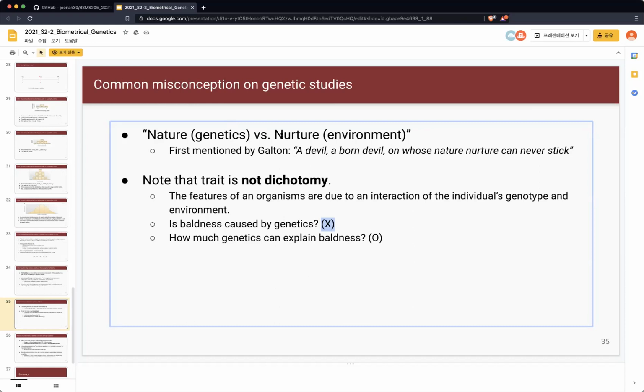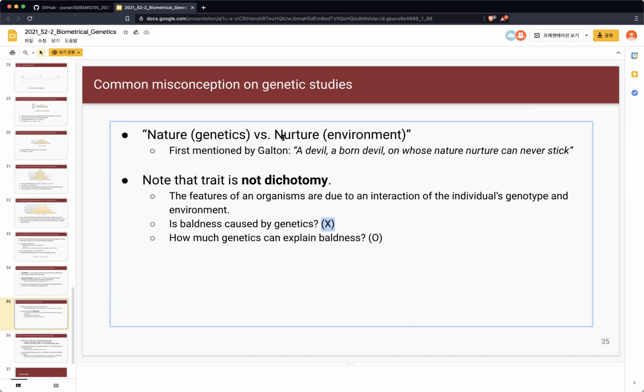You probably read this for your university exam. But Matt Ridley is not a scientist. He's just a public writer. His conception of the nature and nurture analogy is actually borrowed from Galton's book Hereditary Genius in the 1890s, because Galton took the terms from Shakespeare's The Tempest, about a born devil on whom nurture can never stay, and he brought the sentence into his book, and it became quite a famous sentence